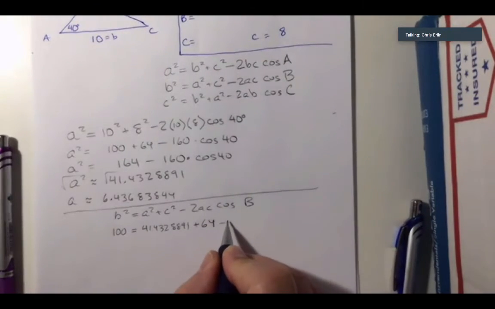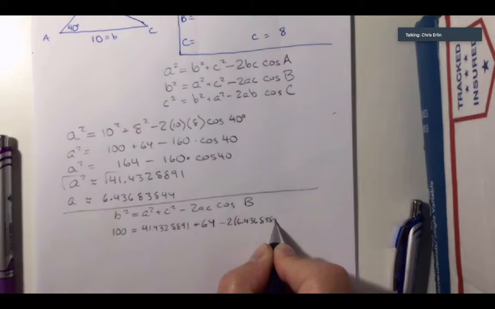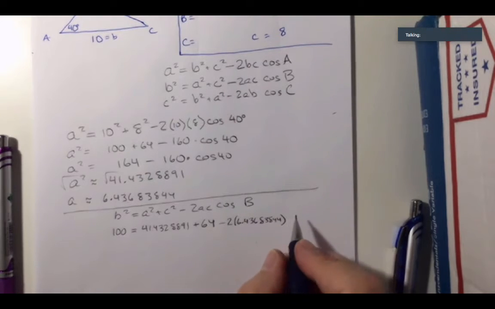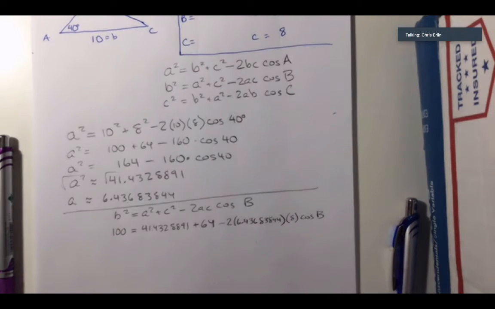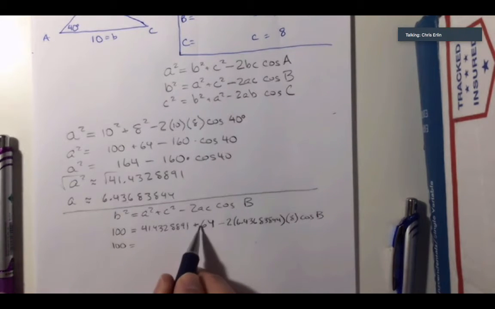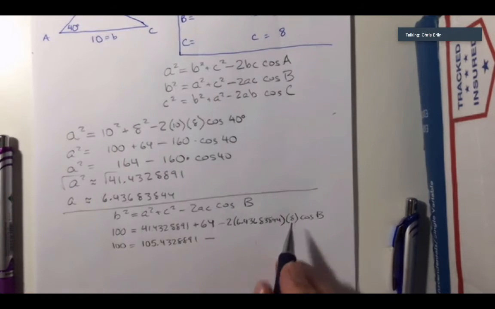If I keep it as precise as possible, by the time I end up rounding, it won't have a significant impact. All right, so 100 equals, these two can be added together, 64 and 41.43 is 105.43288891, minus, I need to multiply this out, so 2 times